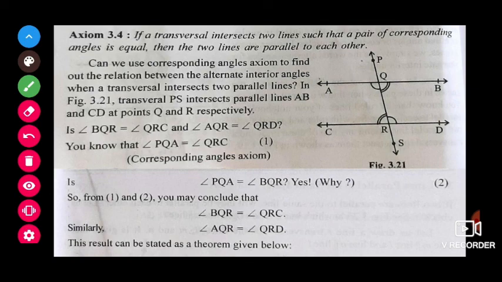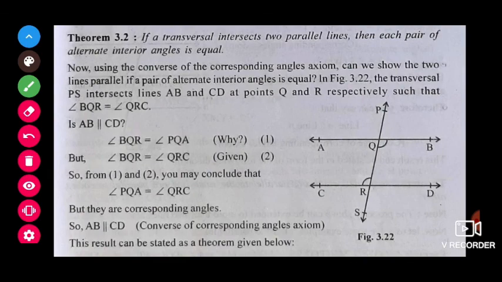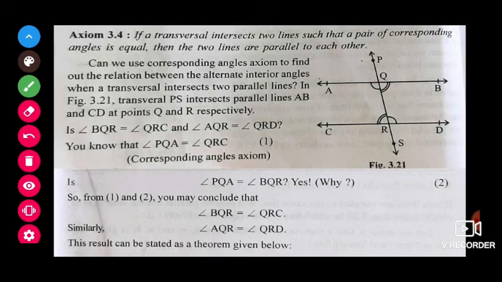So by using these 1 and 2, we can write that angle BQR is equal to QRC, because the left hand sides are the same, so we can equate the right hand sides. In the same way we can show that one more pair of alternate angles is also equal. Okay children, from this what you have to remember is, when a transversal is passing through lines, the alternate angles will be equal, and even the corresponding angles will be equal. By using this relationship, one we can take and one more we can prove.